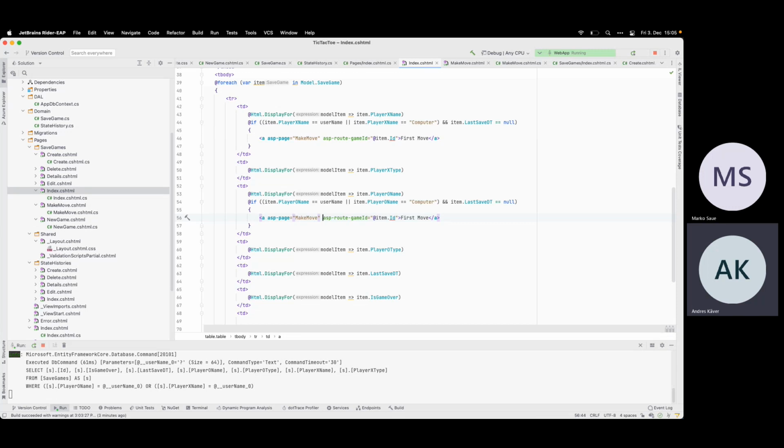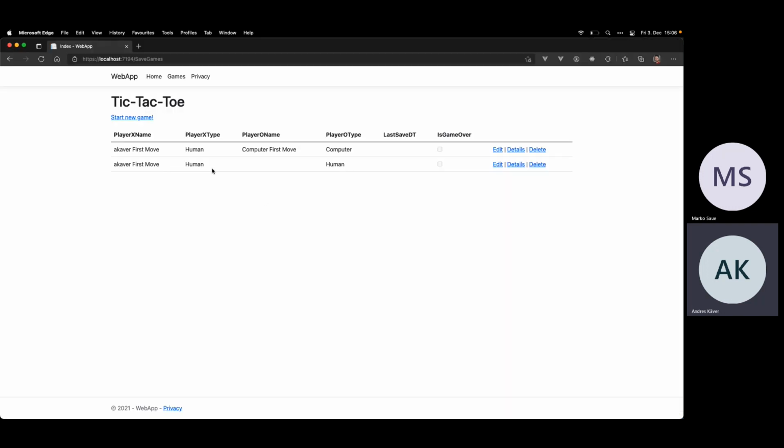So the only thing I need to think about a little bit are the conflicting edge cases. If we have two humans, both have joined the game. Now here is the other human name. It's not me, so I have this first move click here. You have the same thing here. We both click it at the same time. We go to the make a move page, and then we try to make the first move at the same time.